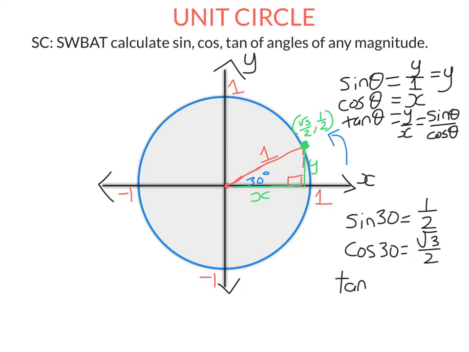Now, tan theta, tan of 30, is going to be sine of 30 divided by cos of 30. And the 2's just cancel out. You're left with 1 on √3. So you knew all of these exact values. We know the exact values between 0 and 90 degrees. But we now want to use that to find exact values of the ratios where the angle's not just between 0 and 90 degrees. So we said that we were looking at theta, the angle made with the positive x-axis